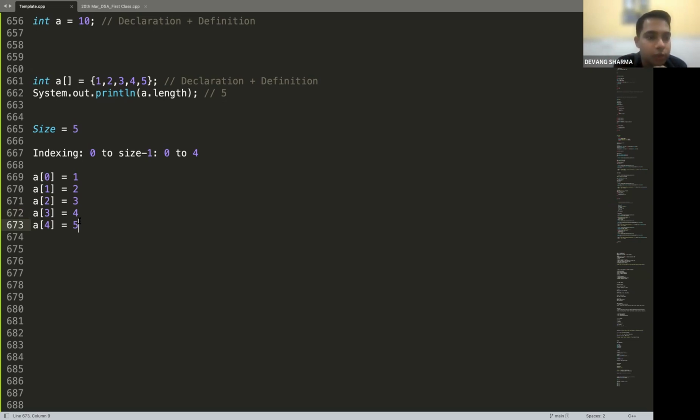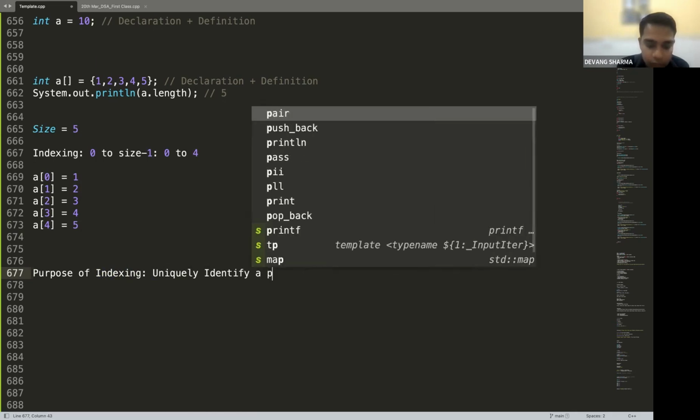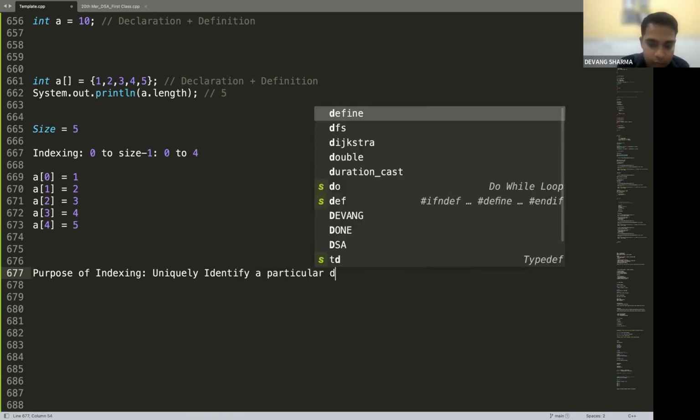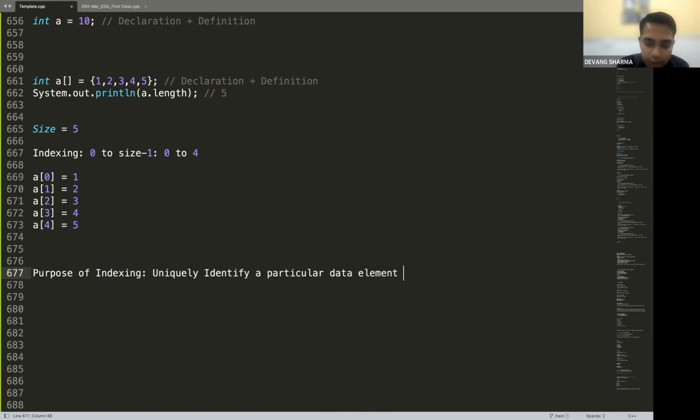This part clear to all? Just let me know. What is the purpose of indexing? The purpose of indexing, or let me write it here also. What is the purpose of indexing? Uniquely identify a particular data element in an array. In a list of values, if you have to uniquely identify a particular value, how do